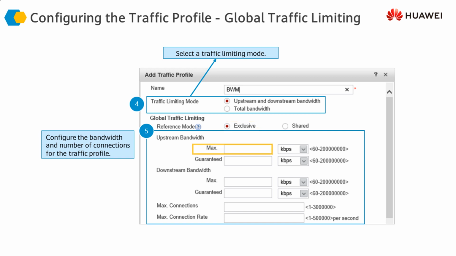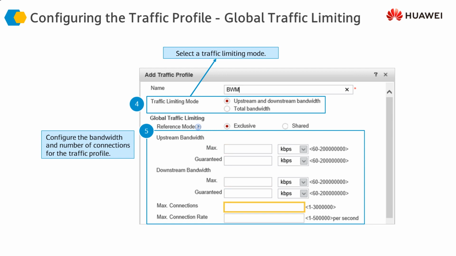Then we configure the maximum bandwidth in kilobits per second for upstream bandwidth, and then we configure the guaranteed. Guaranteed means that this is the minimum amount of bandwidth that should be available to the traffic, which we are going to define in the traffic policy later on. And this is the maximum amount of bandwidth that can be allocated to any flow in the traffic policy. And this is for the downstream bandwidth: this is upstream, and this is downstream, same configuration.